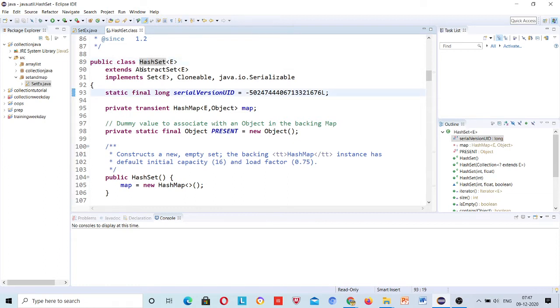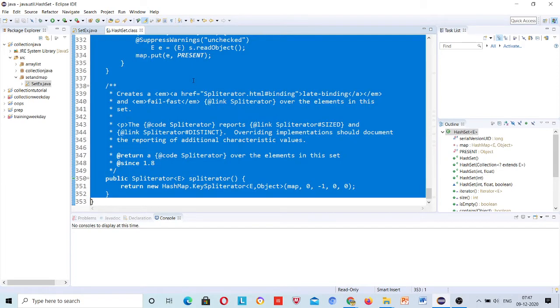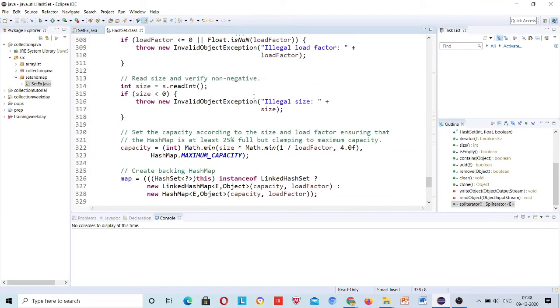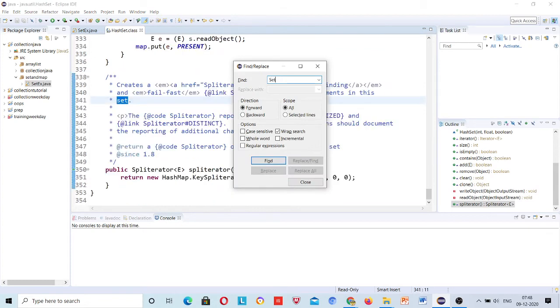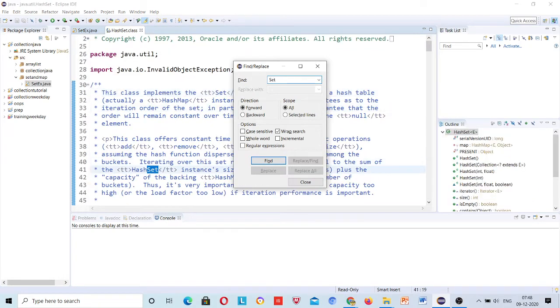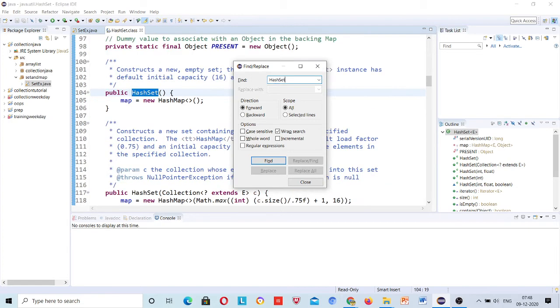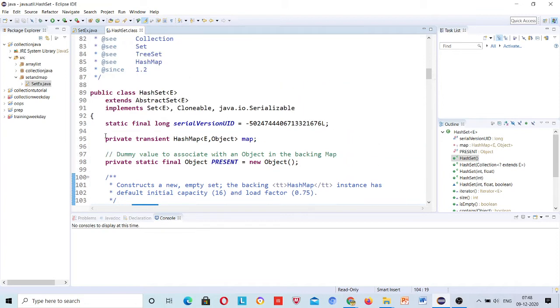See, now public class HashSet extends what? AbstractSet, right? And then implements what? Set, right? If it is implementing Set, of course Set will be an interface, right?